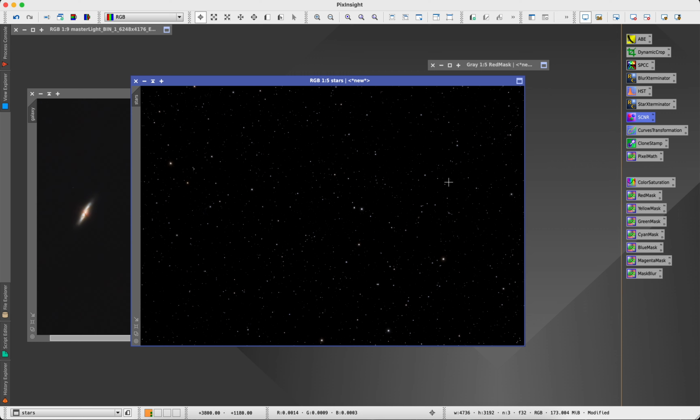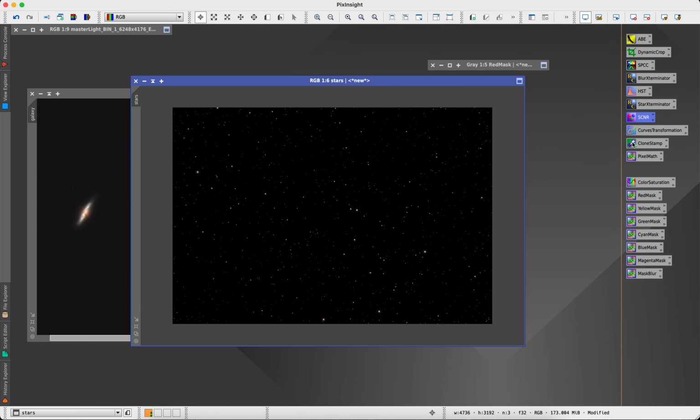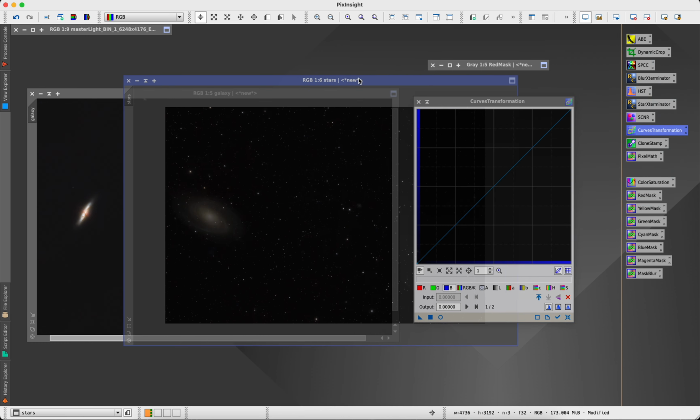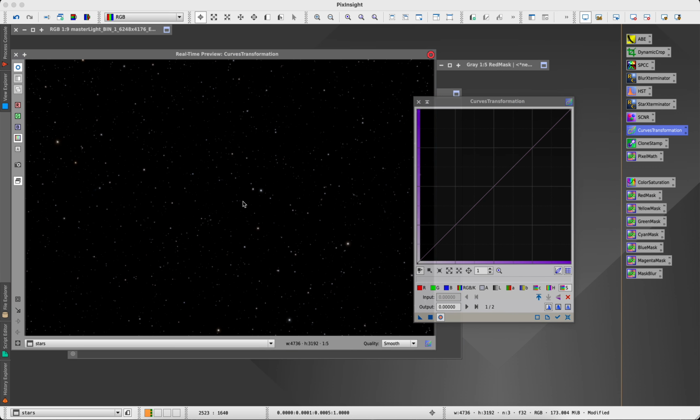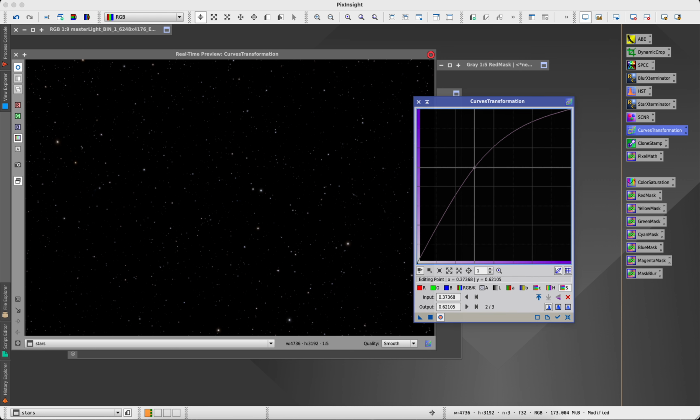One other thing that I like to do as well is bring up a curves transformation on my stars image, in order to give some of these stars a little bit more color. I'm going to pump up the saturation just a little bit. And obviously you can see if you do too much, they start to turn a magenta color. You don't want to do too much, but you want some of these warmer stars to have a little bit more color